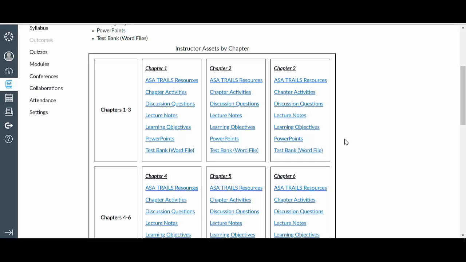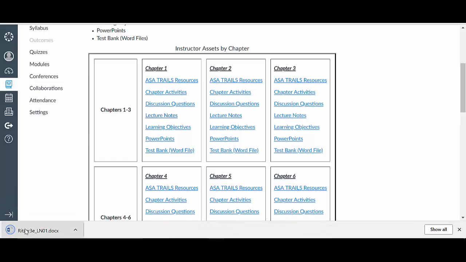I'm going to present a random scenario that may or may not happen. Say you have an emergency, you are not able to prepare with your materials, or something is going on, or you want to have at least another idea as far as incorporating just overall new ideas into how you might be approaching a specific chapter, because it might be very dense. What I might suggest is if you do visit the lecture notes,